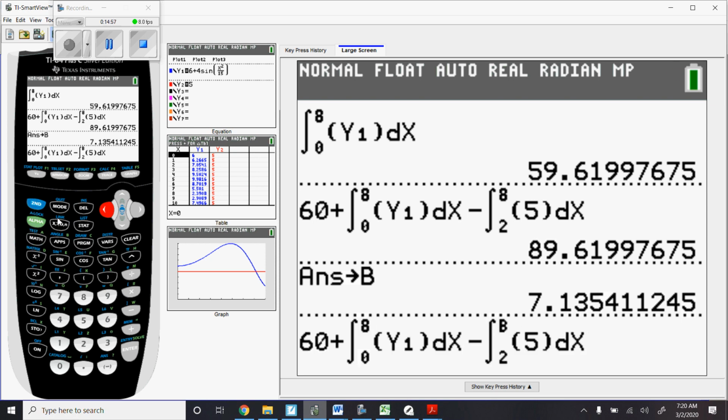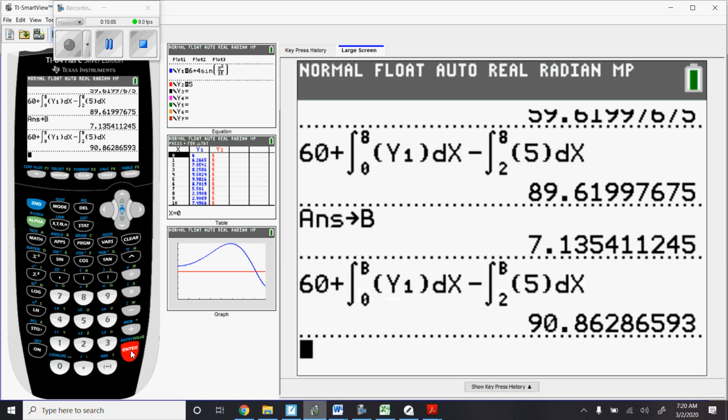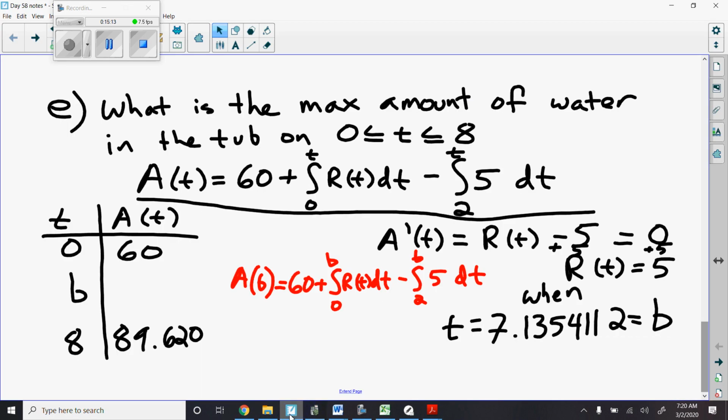By the way, I'm anticipating here getting a bigger answer than 89, because I think this is going to be my max, but let's just confirm it. And it is a bigger number, 90.863. Now I know I don't need to check any other times because absolute maxes can only occur at endpoints and critical points. I only had one critical point on that interval, so I know that my absolute maximum value